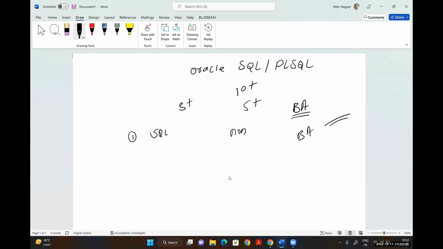You just prepare the syntax, understand the concept, implement it, and write the query. This is the only work in PLSQL. As a PLSQL developer, if you get placed in a company, you will find it very easy to work and very easy to start your career.